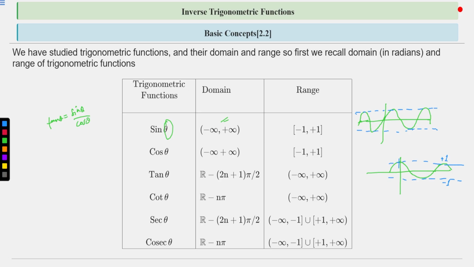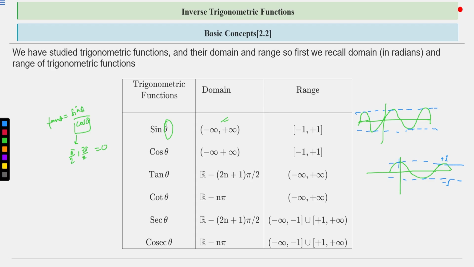So when you take odd multiples of pi by 2, that is cos 90, we know that it is 0. Cos pi by 2 is 0. Cos 3 pi by 2 is 0. All are 0. The denominator of any function cannot be 0. Therefore, cos theta should not be equal to 0, so we will not include that point at which cos theta is 0. That is, we will not include odd multiples of pi by 2 in the domain of the tan theta.